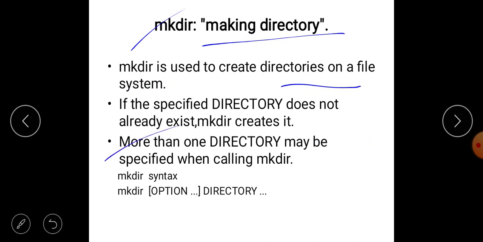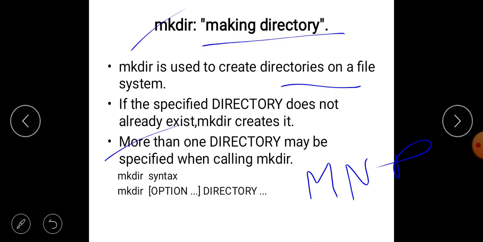Next, more than one directory may be specified when calling mkdir, means using one mkdir command you can create 2 to 3 directories at a time. Suppose you have to create m, n, r at a time.